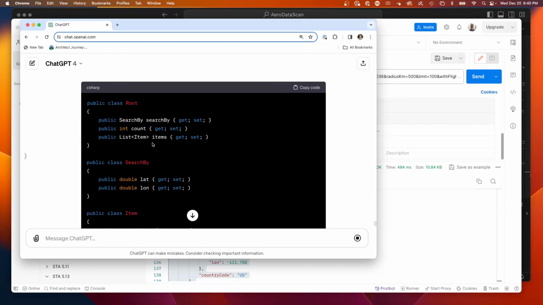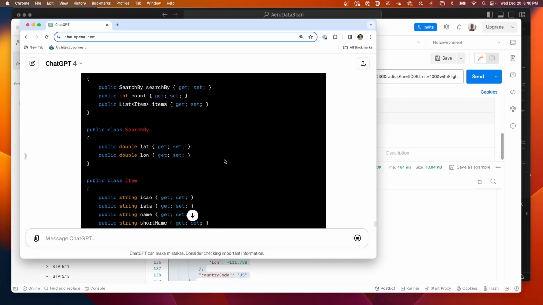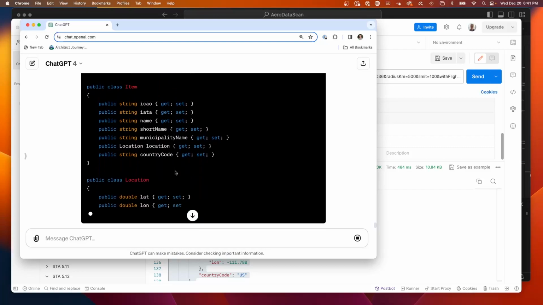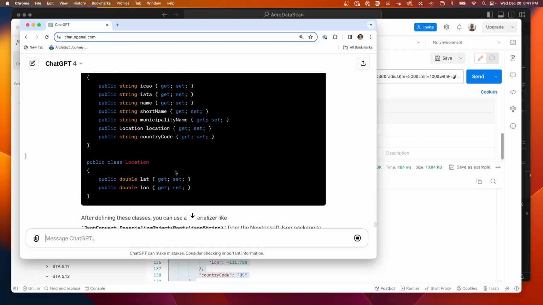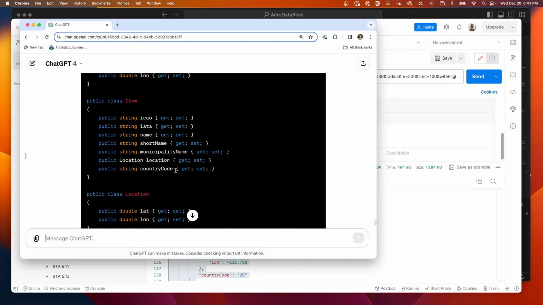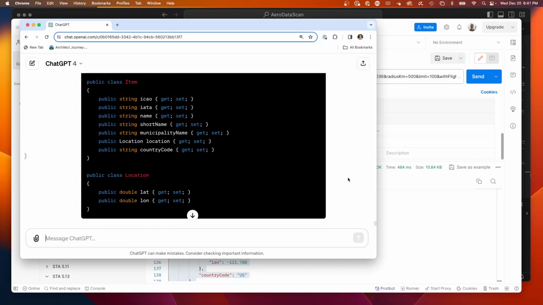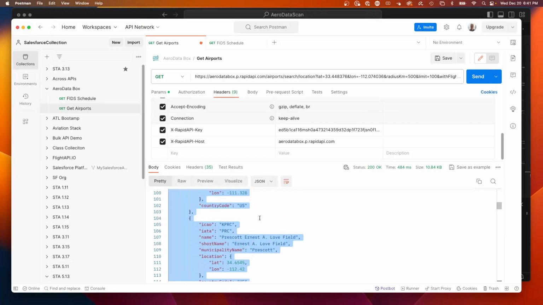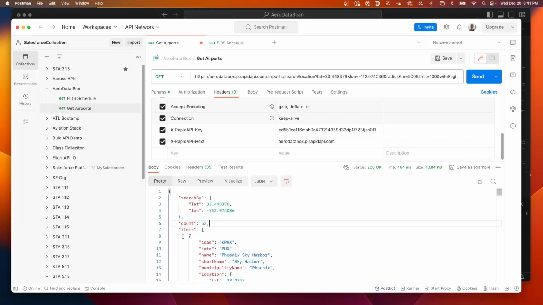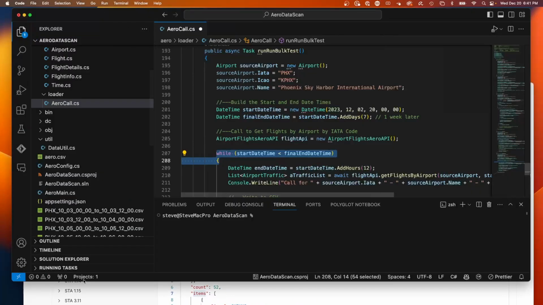So I can already see that I have a route, search by, an item, and a location. So this is already showing me a payload almost usable. So if I scroll right up here and go to the time, so it's got items and then the payload. So what we can do,